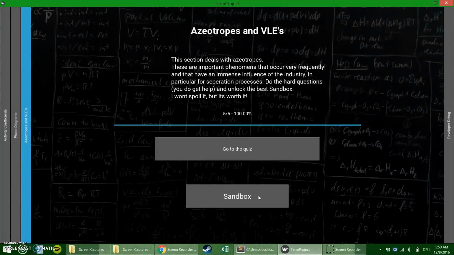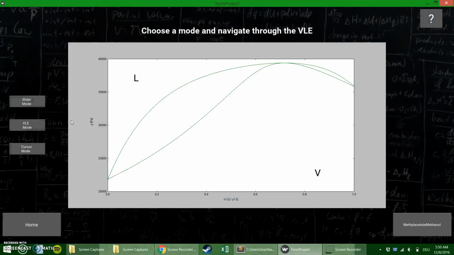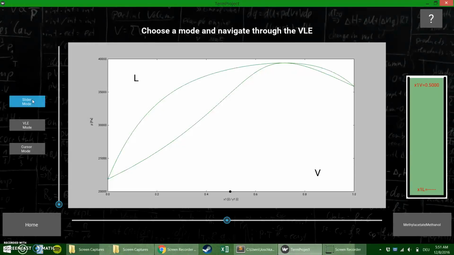The third sandbox is about azeotropes and VLEs. As you can see, we get a big phase diagram in the middle. It's a PXY diagram. We can choose one of 3 modes on the left side. Let's start with the slider mode. The slider mode gives you a cursor right here. You can move it around, and as you can see on the right side, there's a container. This is the most visual part. Here you can see a sketch of what the actual container would look like, containing those substances at those given